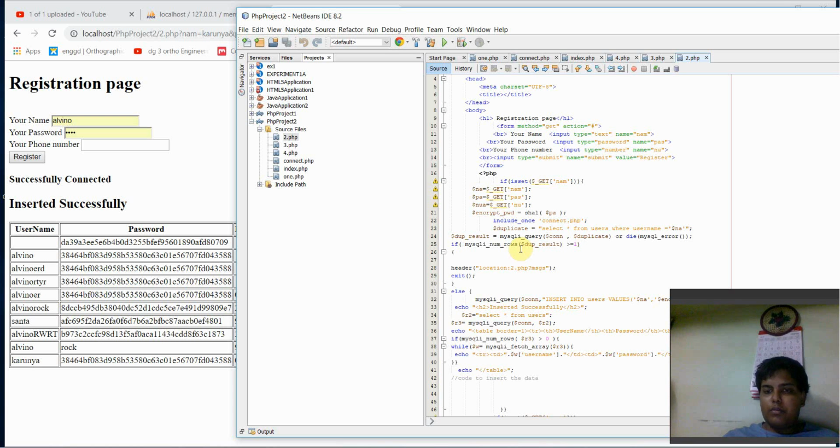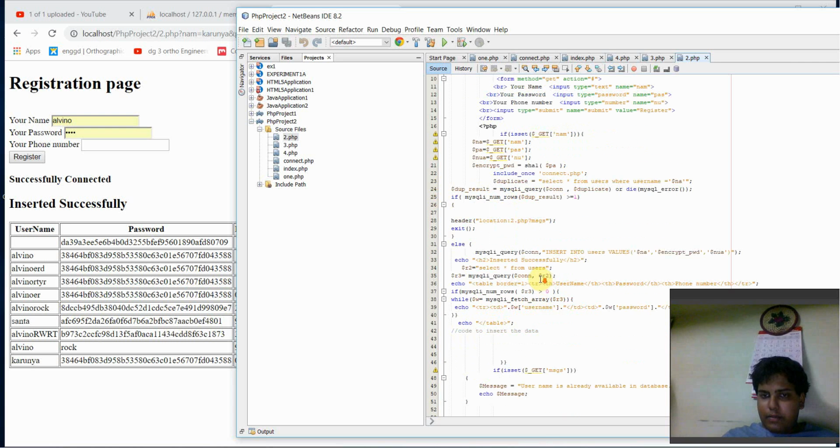Normally the select star command will return the number of rows. That's why even in the login page we use number of rows. Here also we are using number of rows. Then apart from number of rows, one more concept we'll use is fetch array. Fetch array, what it will do is